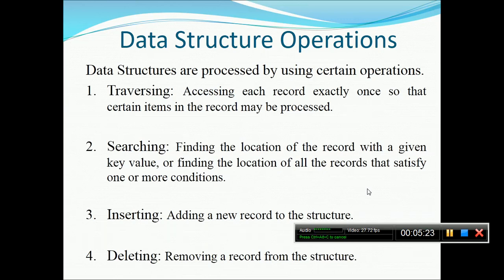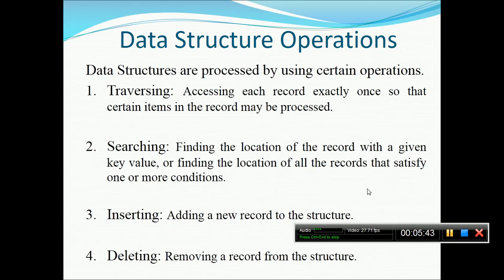Suppose you have an array. Whenever I call it the traversal of an array, it means accessing each record exactly once. Suppose you are printing an array, it is again a traversal, meaning for every data item you are doing an operation or a process. Every data item is being processed in a printing process, like printing your entire array. That is the idea.